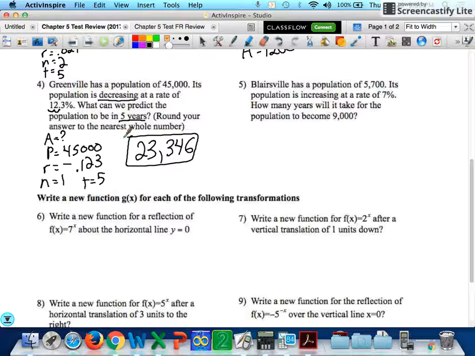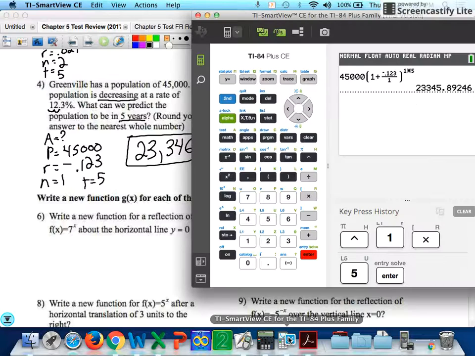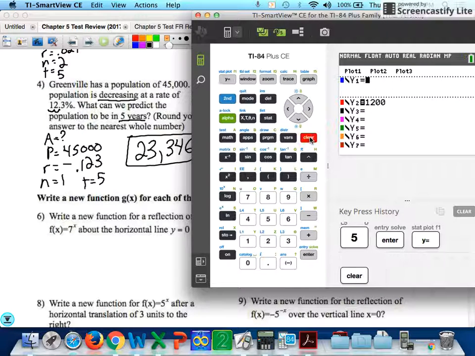Number 5, our population's increasing, so this is a positive rate this time. So it's going to be 0.07. That decimal was here. We moved it 2 places. And now we're actually finding when does it equal 9,000. So A equals 9,000 this time. They gave it to us. They gave us a P, starting amount, a rate. They didn't give us n, but that means n equals 1. And this time they wanted to know how many years. They're asking how many years. So t is what we don't know. When we don't know t, we're looking to graph it and find an intersection. So